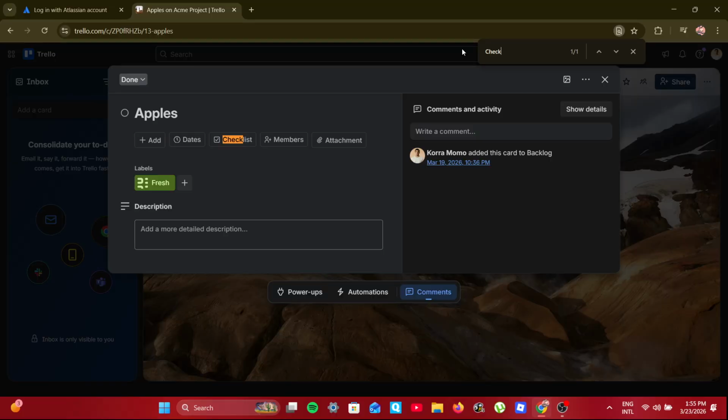If the text appears more than once, use the Find tool to move through each match. Then scroll through the card to locate the highlighted results and view them in context. That's the full process for finding text within cards in Trello, from searching the board to locating the exact text